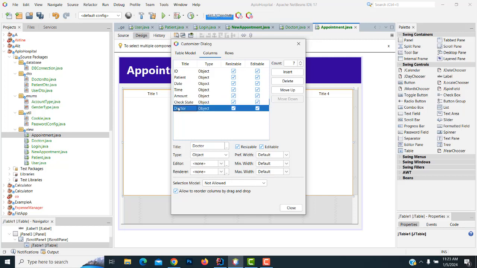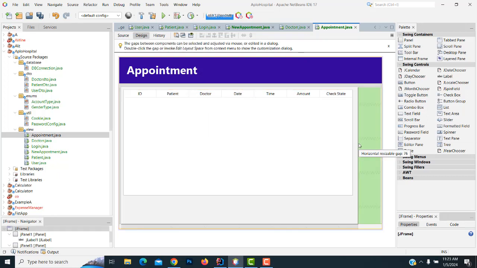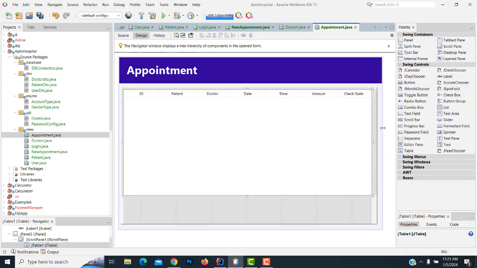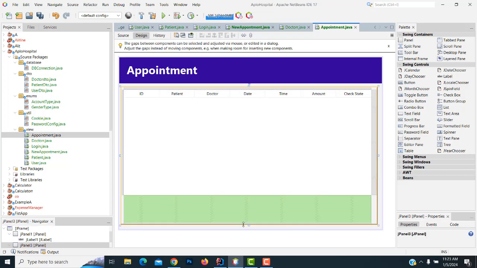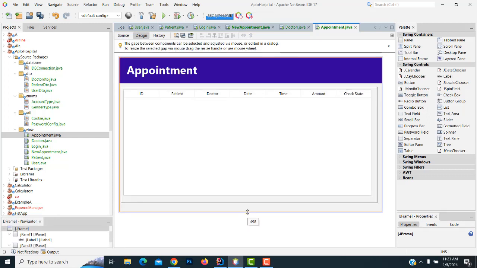If you want to add the doctor, we also have to add the doctor. Okay, you have to move up. Doctor is here: patient, doctor. Right. What's the doctor he meets? The checklist, all things are here. Make the column. Right. So here, this is the column. I want to do another thing. Simple mistake I have made. So here, what you're going to do is we have to make it simply